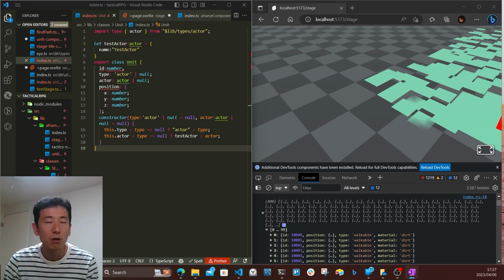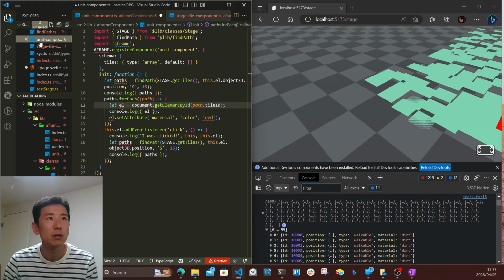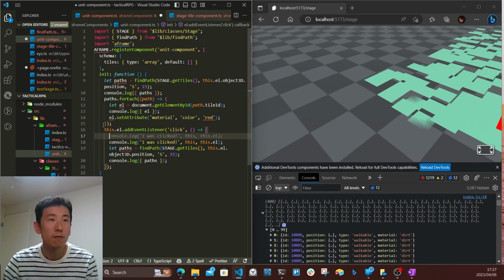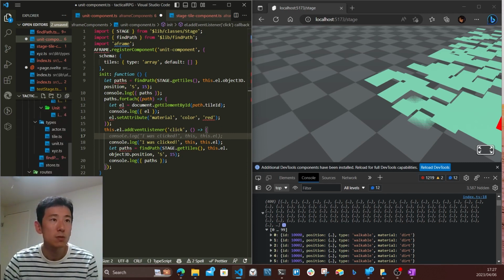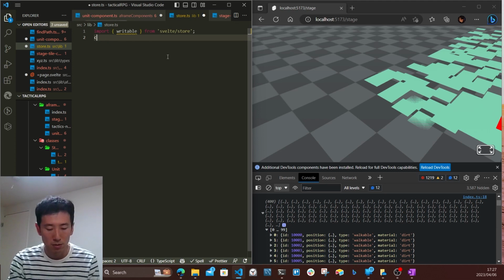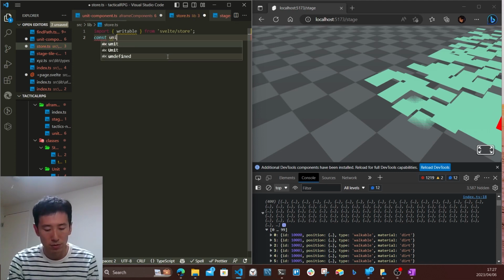Store unit on focus. Okay, so unit component. When the unit component is clicked, store unit focus, unit on focus. So where's my store script? I haven't made it. Okay. Import driver. Const unit on focus equals writable